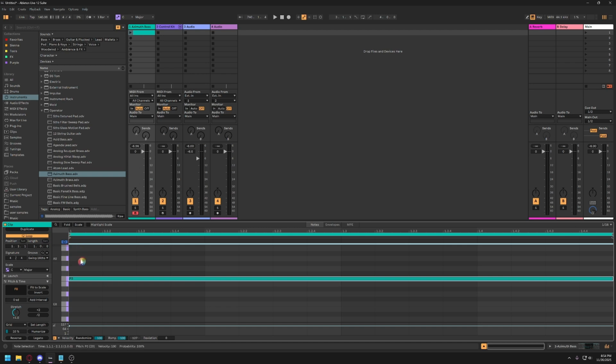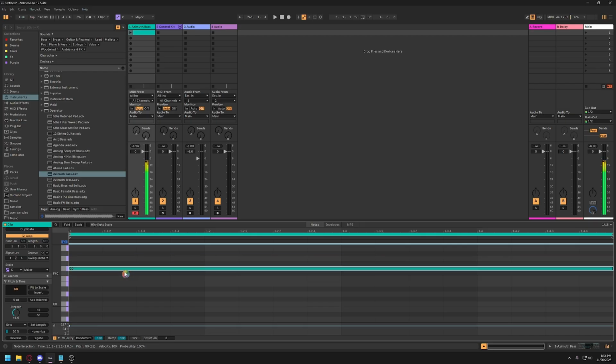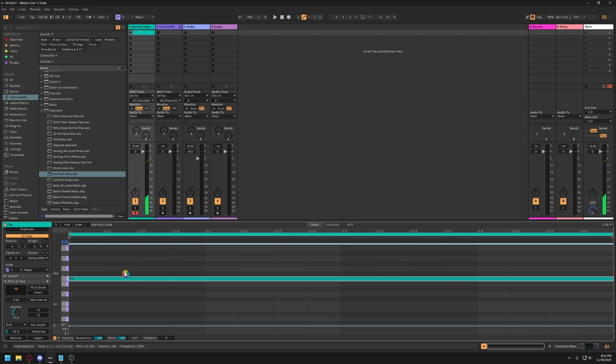So there's a headphone icon at the top of the piano keys here that you can turn on. When it's turned on, you'll hear previews of the notes as they're placed on the grid. So turn it on now and click the note and use the arrow keys to move it up and down. And you'll hear a preview of what that note sounds like. So now with that note selected,